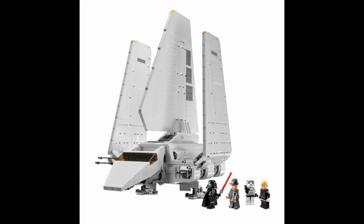Because this one's awesome. This one's more of a display piece. I feel like the ATOT with dropship, you can put in your MOCs and can play with it. This one, man, you just kind of have to sit there and stare at it, and that's probably one of the reasons why I don't have this set anymore, just because after a little while you get bored of staring at stuff. But this set is still really awesome, and yeah,